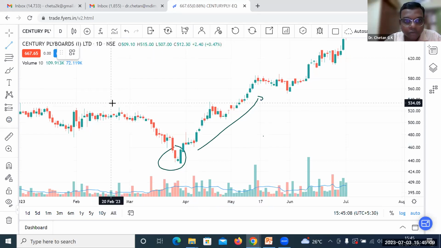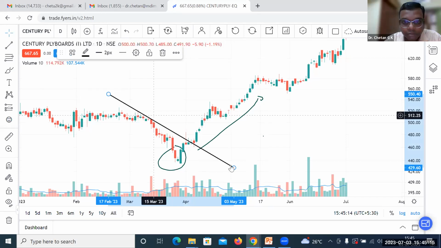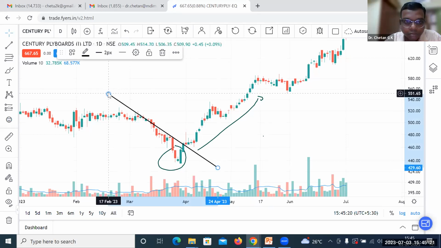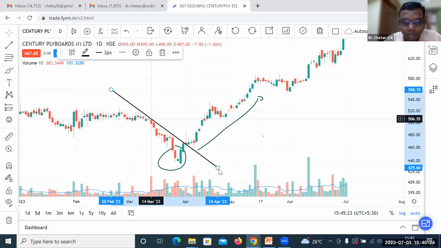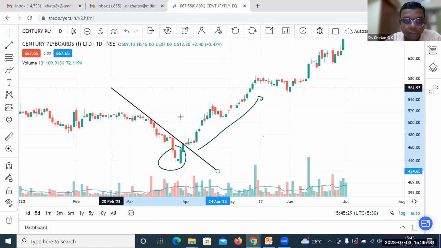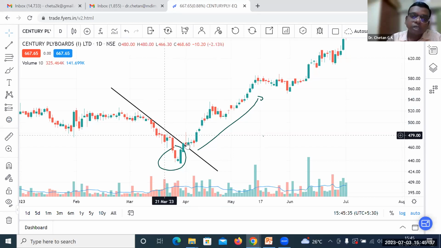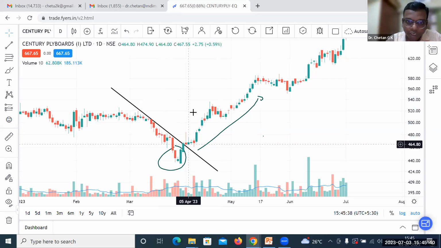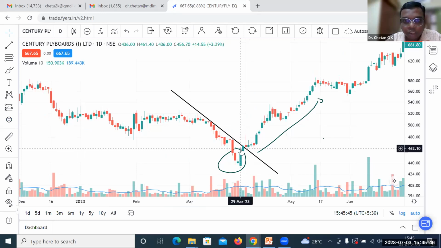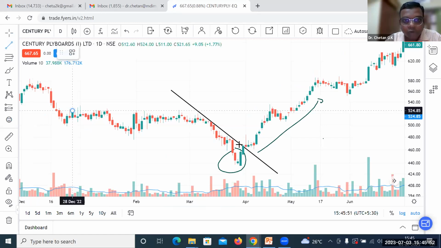So trend line, if you draw also, and I'm drawing it here. Yeah, so for me, this is a trend line. So 1, 2, 3, 4 touch points. Okay, so you can go long over and above this trend line because there's a confirmation here, because it's a morning star. And at the same time, if you're not really willing to go here, if you feel that this is not a consistent downtrend, you can actually put one more trend line